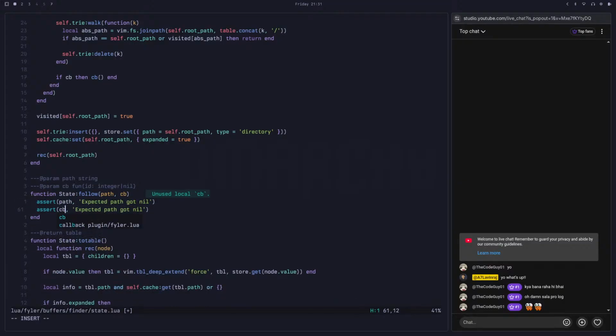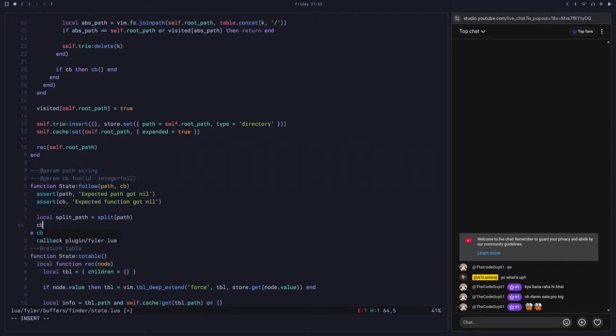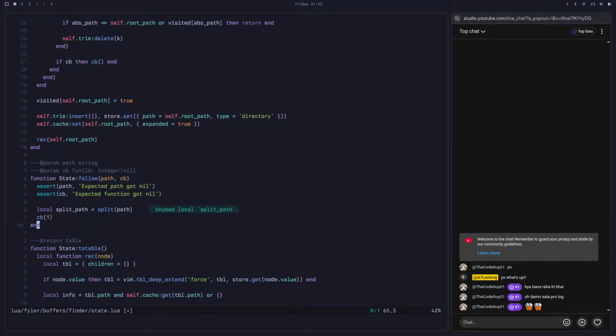Let's provide it. Expected function dot nil. Now it's time to just split the paths. So split a path. For now, I'm just going to return a 1 as the